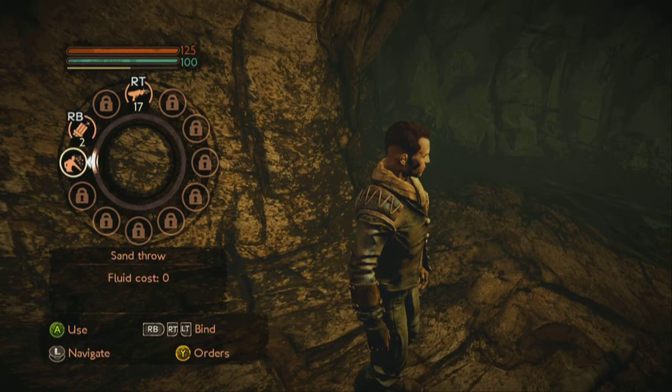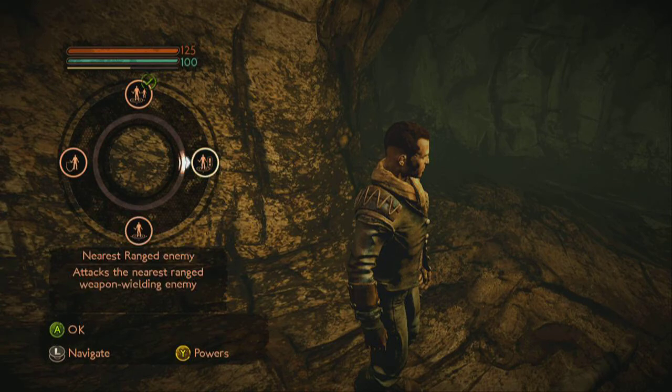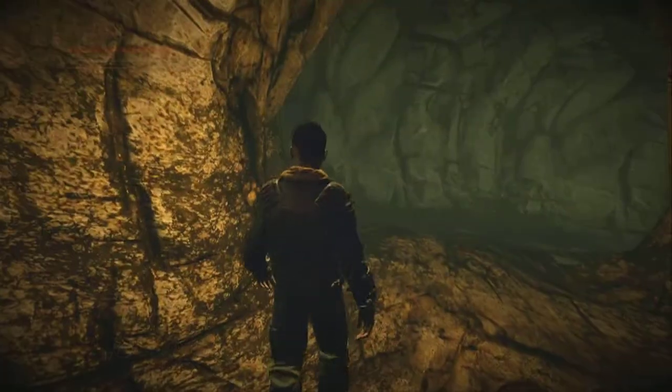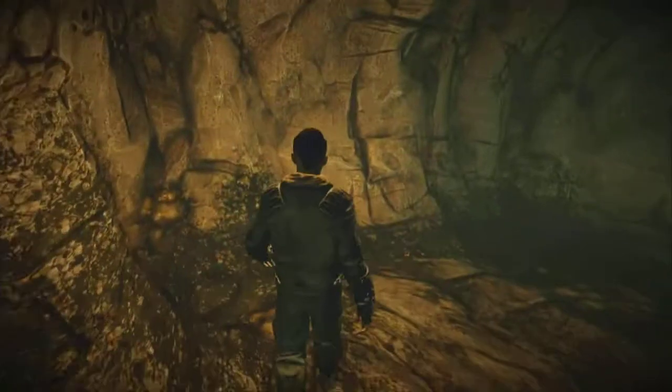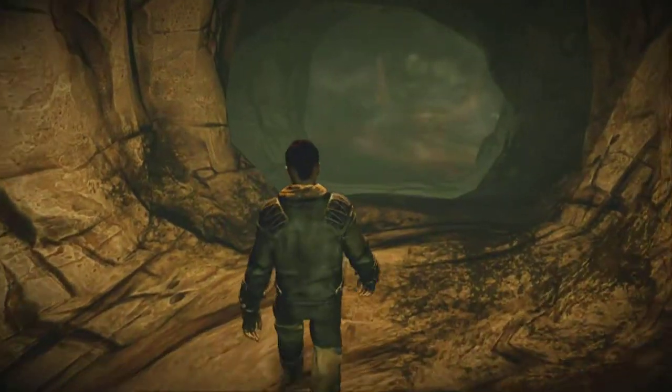I'm actually going to bind that to the right bumper, because sand throw is not really useful against these mole creatures. Also, you may have noticed by pressing Y, we can bring up an orders wheel. So the two guys that are following us, they're part of our party, and we can set up a very basic set of orders for them to attack the nearest enemy, to focus on defense, to attack the same target I'm attacking, or to attack the nearest ranged enemy. We'll just leave them on attacking the nearest enemy for right now, but some basic things you can do with the game. Now, my main issue with this title is the combat, because the combat is not...